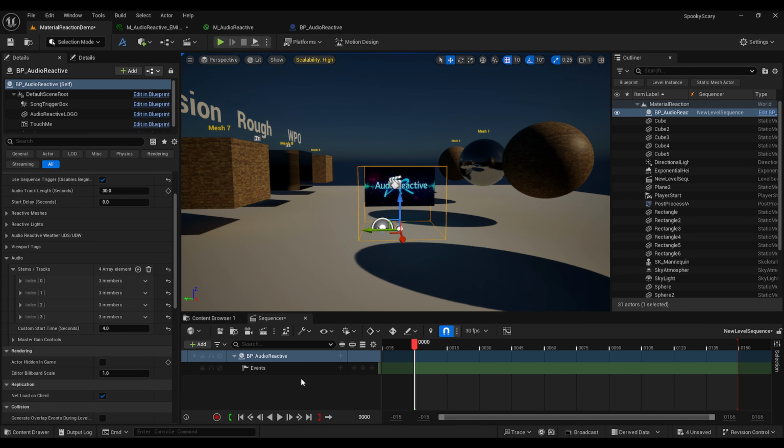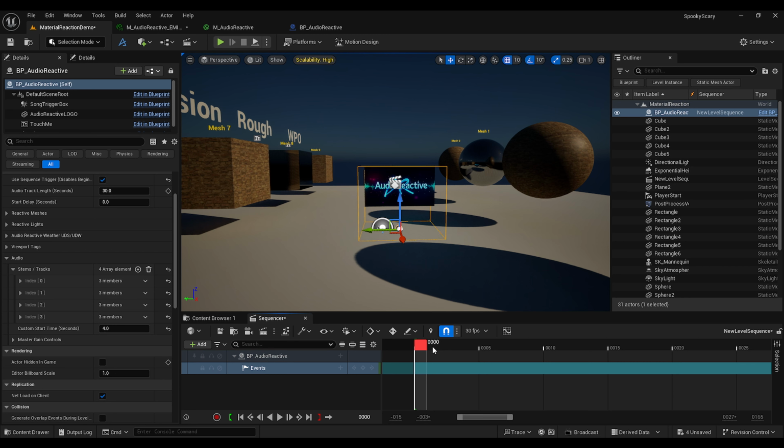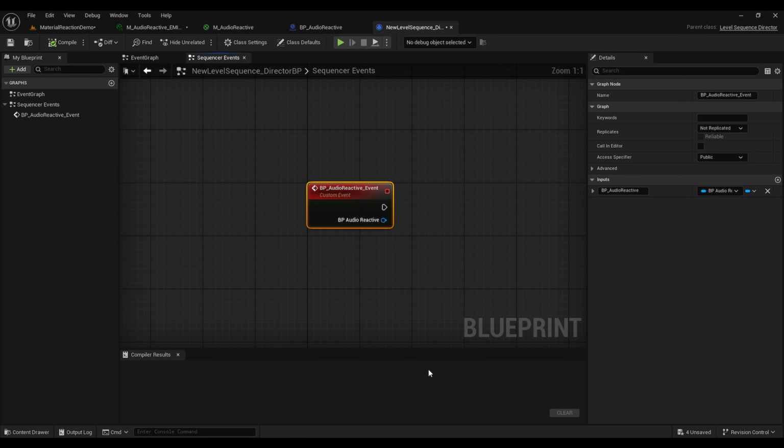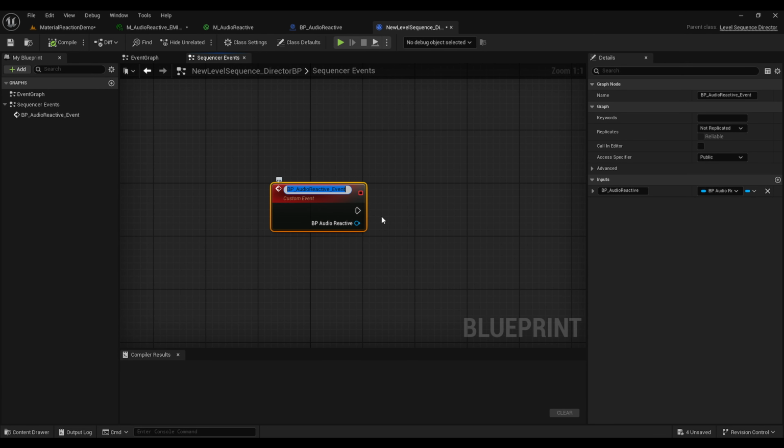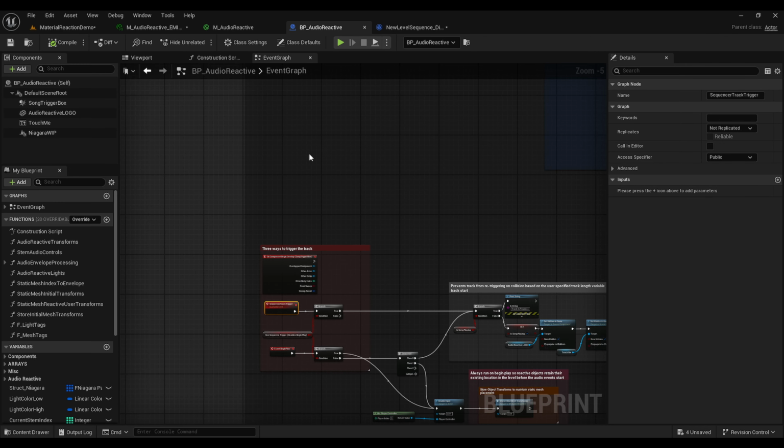Okay, so back into here and events, let's go ahead and create a keyframe. Now I like to put the keyframe after the first frame, that way it's not being triggered by accident when you're just sitting at frame 0. So go to frame 1, we're going to do a key right here, and now let's double click the key, and this opens up our director blueprint. We're going to connect this to the node I just showed you inside our blueprint.